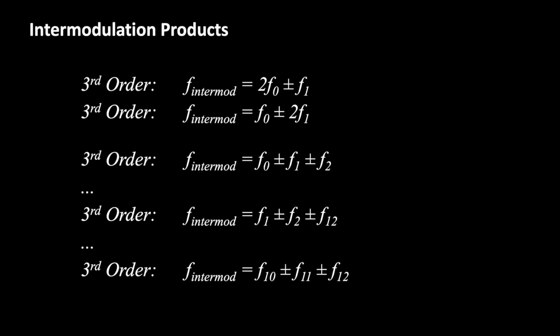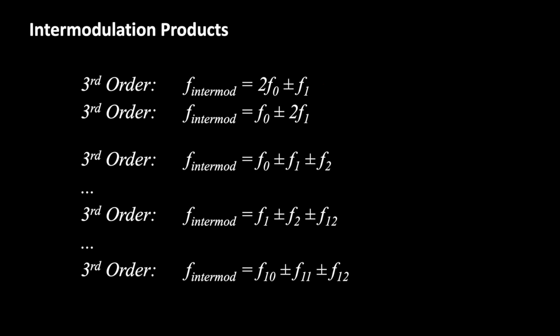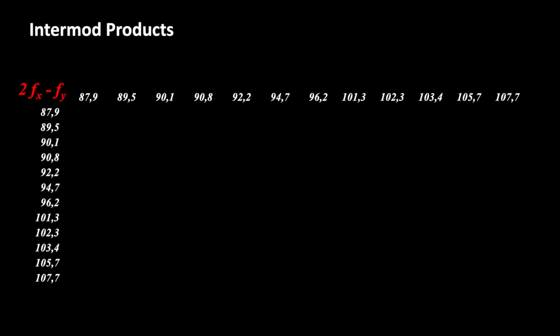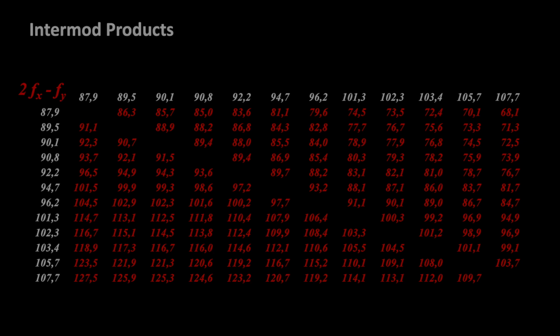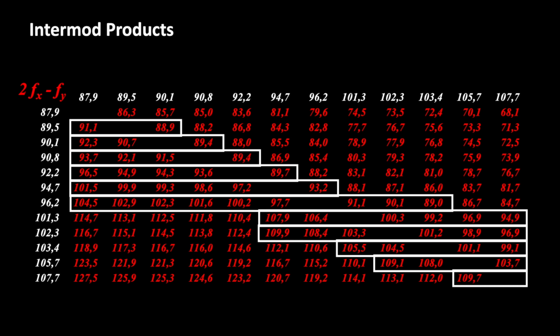These formulas are giving us an idea of all third-order products possible with 12 frequencies. But we are only calculating the ones of this type. This way, we don't get all possible products, but individual ones from the entire frequency range they can appear. I'm calling the series of our FM frequencies Fx. Then I put the same frequencies in a column calling them Fy. We are writing the results of all combinations into this table. About half of the 132 products is appearing in the FM band.